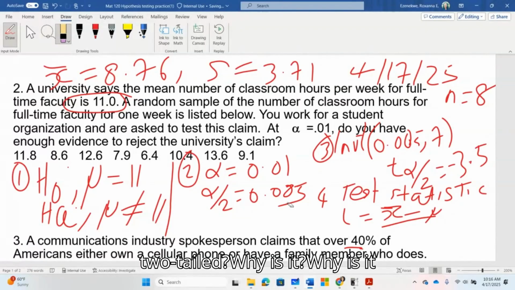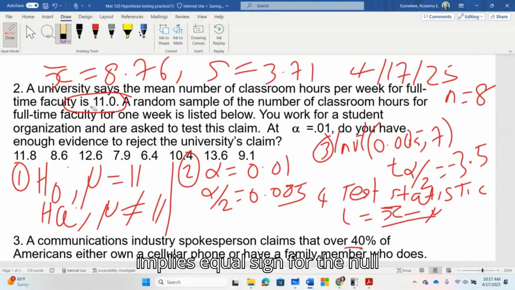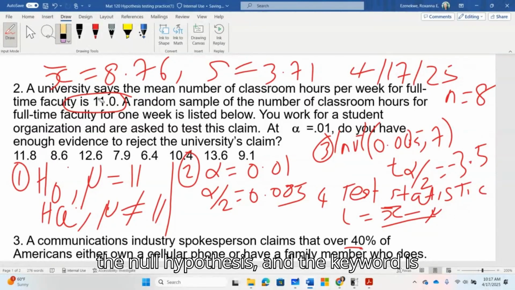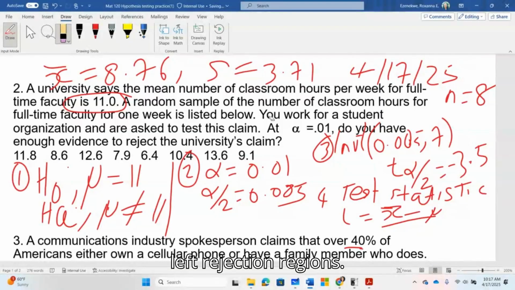Why is it a two-tailed test? Because the keyword "is" implies an equal sign for the null hypothesis. If it is an equal sign for the null hypothesis, and the keyword is "is," then it's a two-tailed test. In other words, that's going to be a right and left rejection region. Okay, and we also found